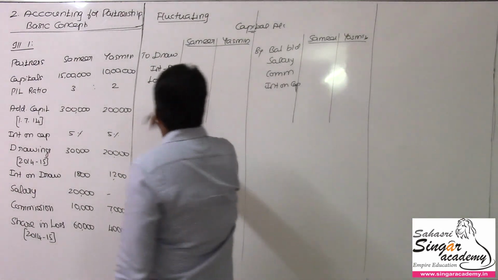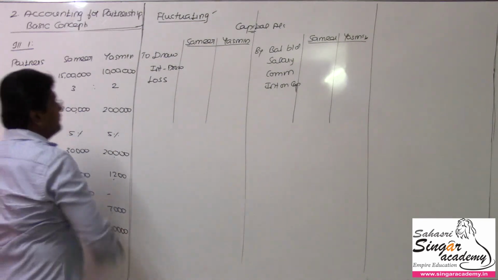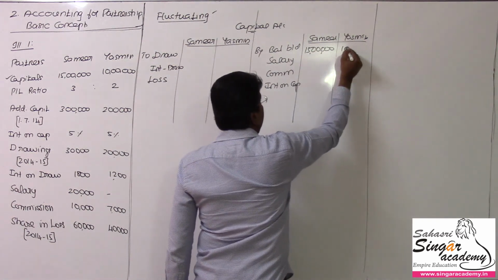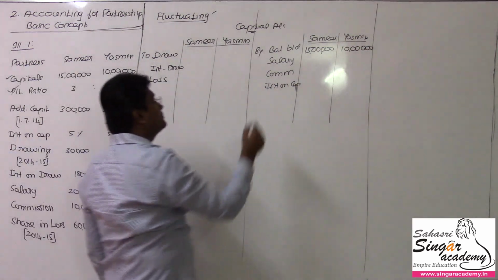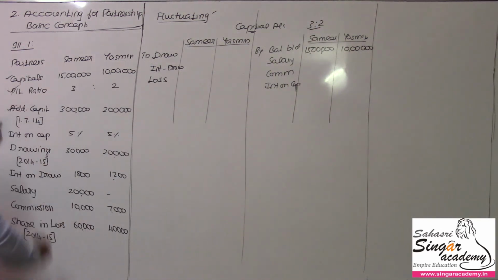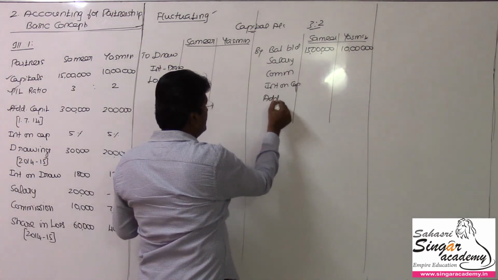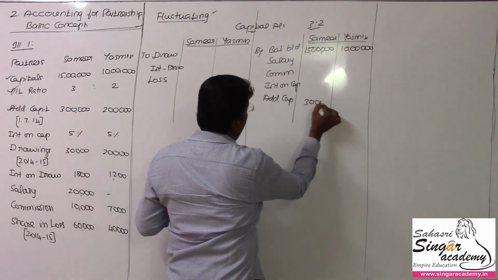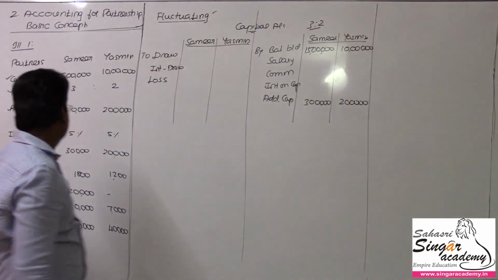Under the fluctuating capital method, I am going to solve first of all. Here the beginning capital is 15 lakhs and 10 lakhs. For Samir 15 lakhs, for Yasmin 10 lakhs. The next one is the profit and loss ratio, 3:2. And additional capital contributed will also be taken here. Additional capital for Samir 3 lakhs, for Yasmin 2 lakhs posted here. This balance will increase their existing balance.